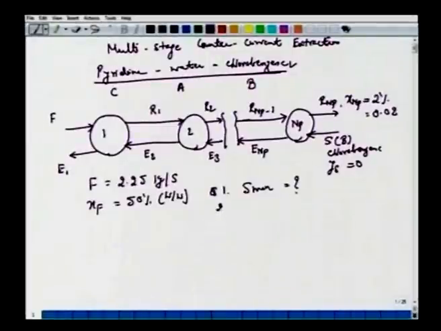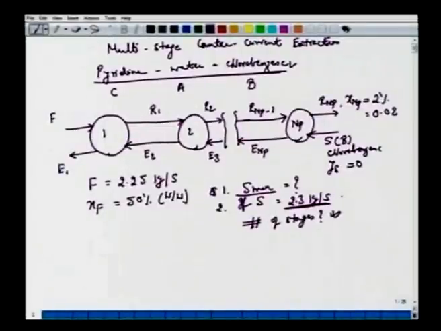Okay, and question 2 is, if the amount of solvent used is 2.3 kg per second, how many stages are required? All right, in this case also it's possible that the solvent required is, say, 1.5 or 1.2 times S min, then how many stages are required? All right, so different questions can be framed. Here first we are supposed to find out the minimum amount of solvent, and if we use 2.3 kg per second, which should be larger than S min, that's what we're going to check here, then how many stages are required. And we have been given this